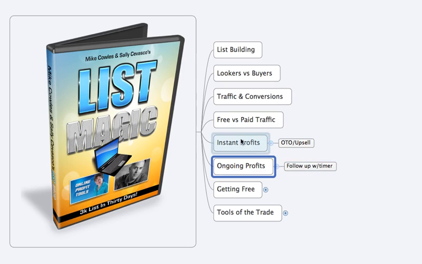So you've got people, they opt in, and then they see this OTO. Some of them are going to say yes, some of them are going to say no, some of them aren't going to see it. So the people that say no, not right now, they may go back to work and then later, be walking by a big window which has a reflection of them and go, oh my God, look at how fat I look. That's it. I'm going to get that thing that he offered or she offered or whatever.